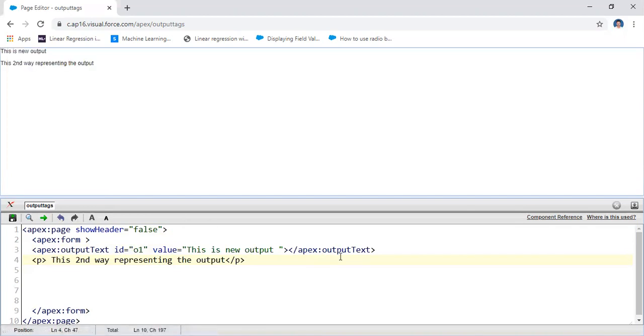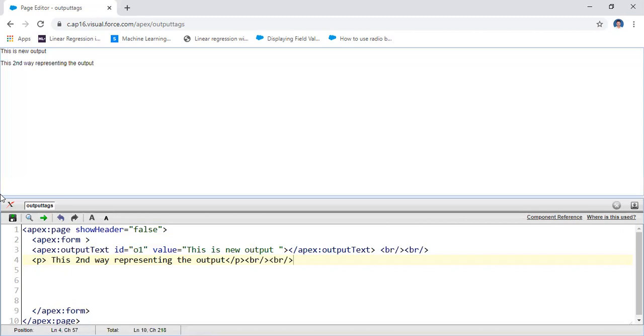If you want to represent that information, you may use the br tag also. This is one way of representing the output information, and there is another way.